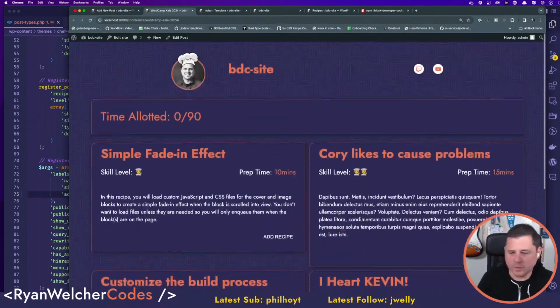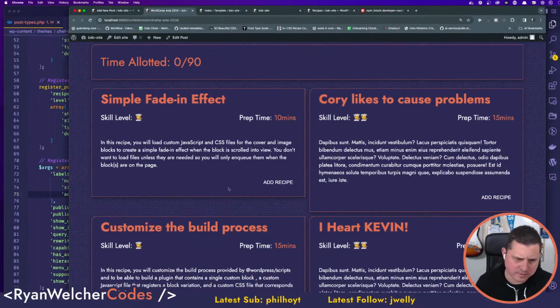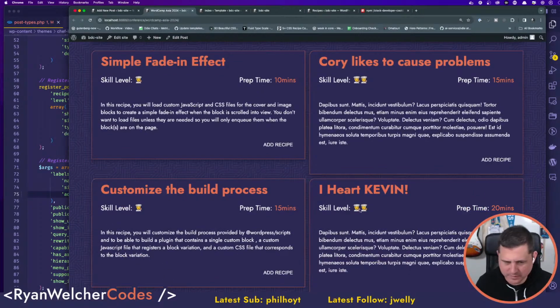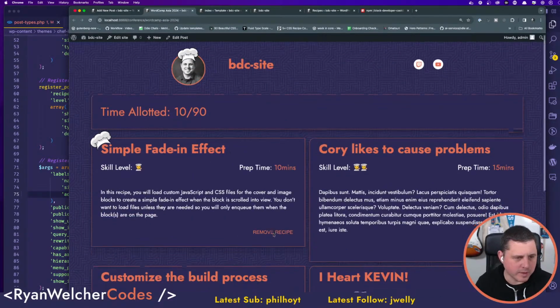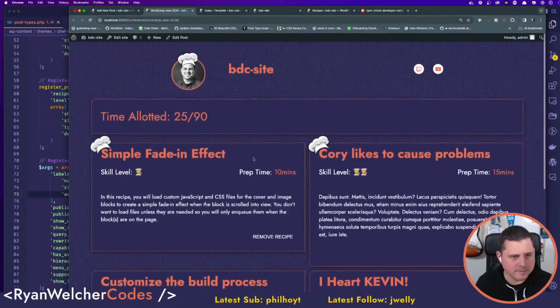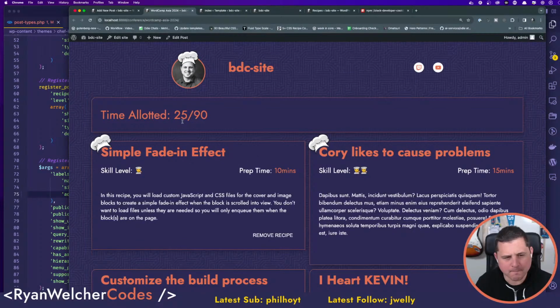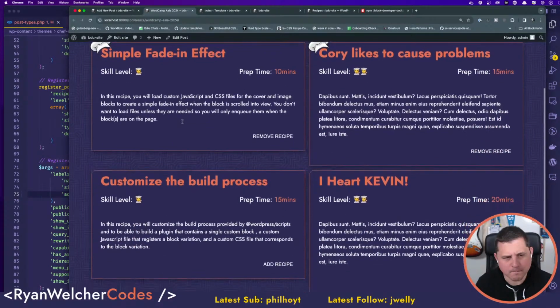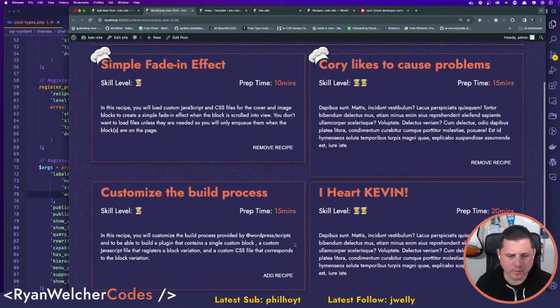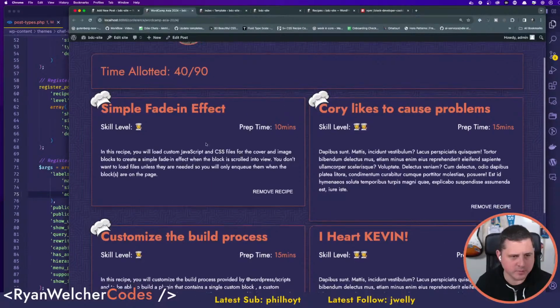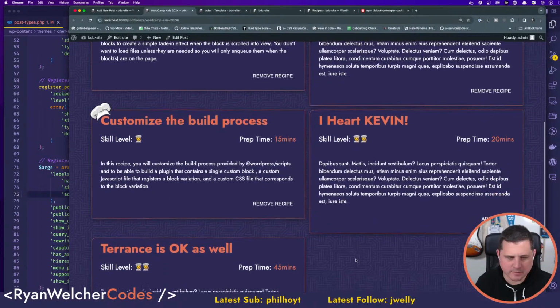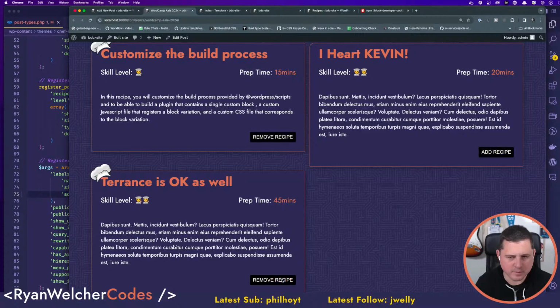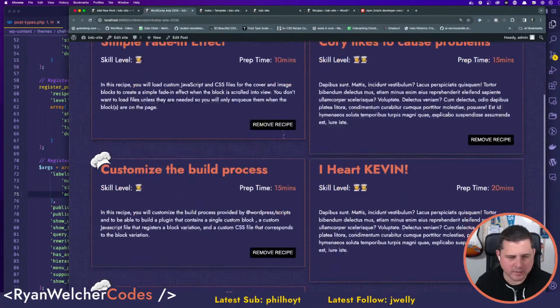Okay, so we look through this. I can already see I kind of want to have these things a bit easier, and they might be a bit too big. So if we add a recipe, maybe we can make that sticky. I don't know, we'll see. If I just keep adding all these recipes, 40 minutes, I add 45 minutes, so we get 85 of 90.